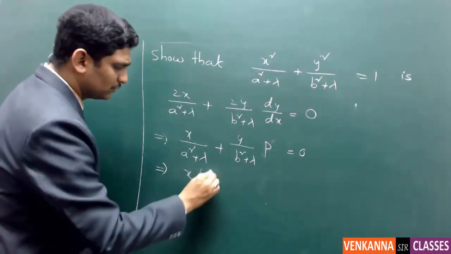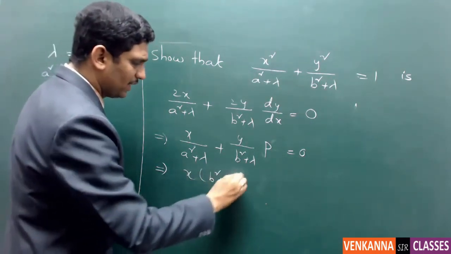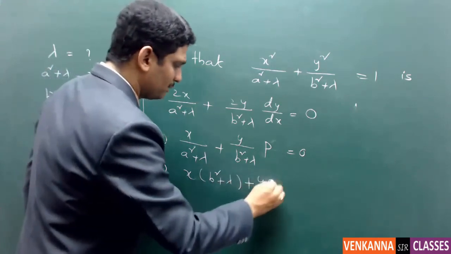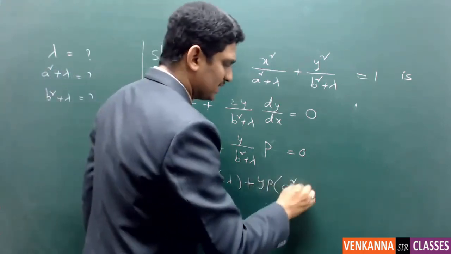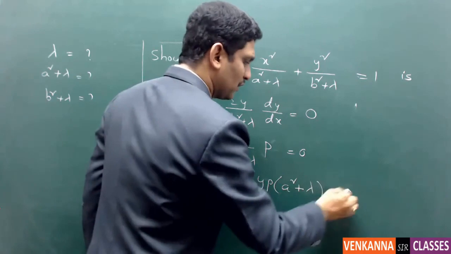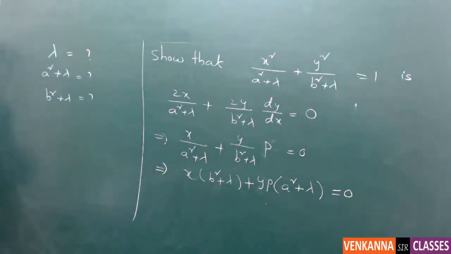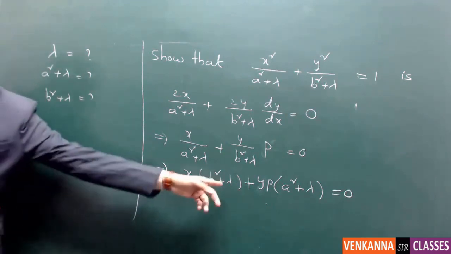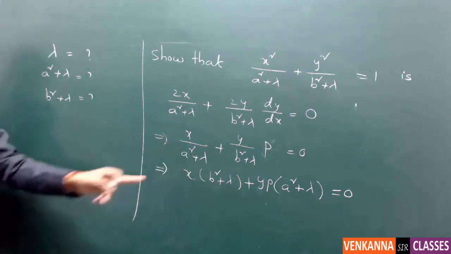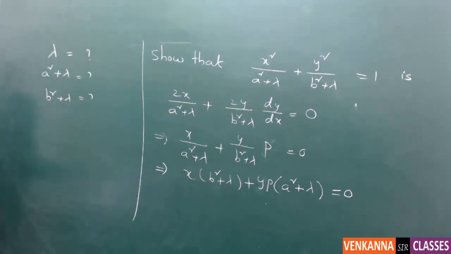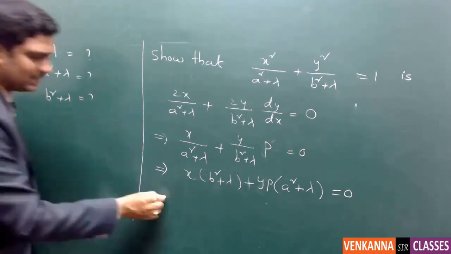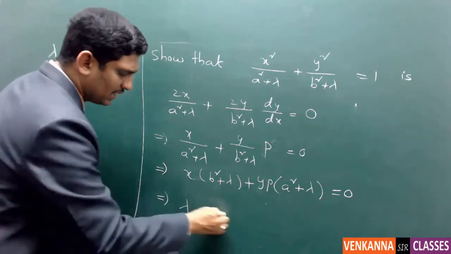So x into b square plus lambda plus yp into a square plus lambda equal to 0. On doing LCM, this is the value. Now you multiply each and every term, take lambda as common, and you are going to get the value of lambda. So I say that lambda is equal to